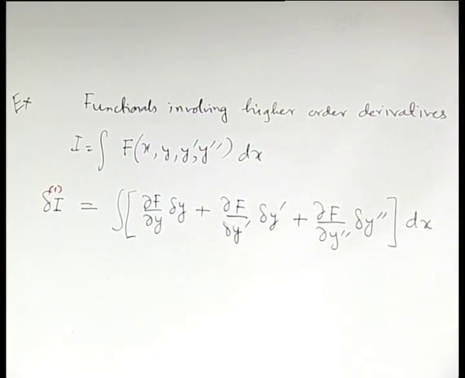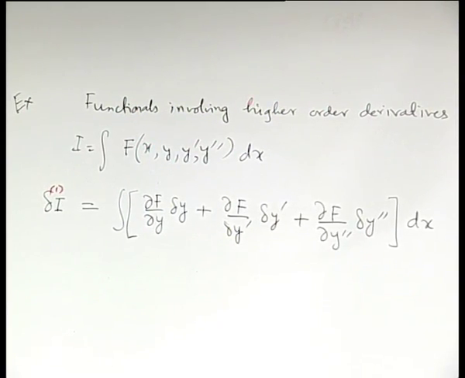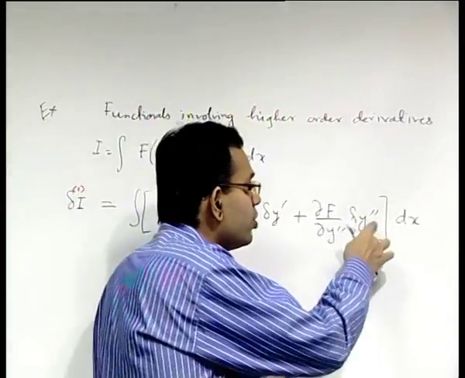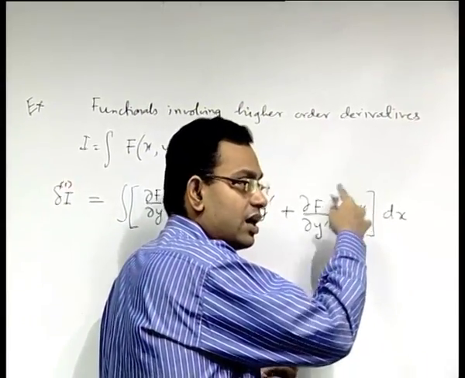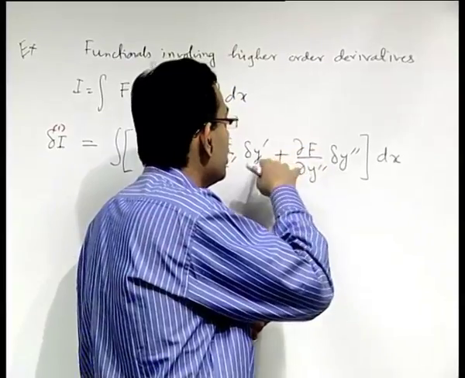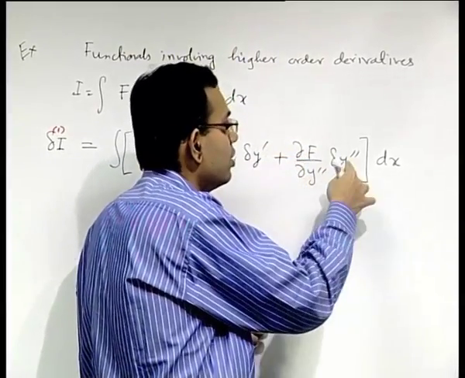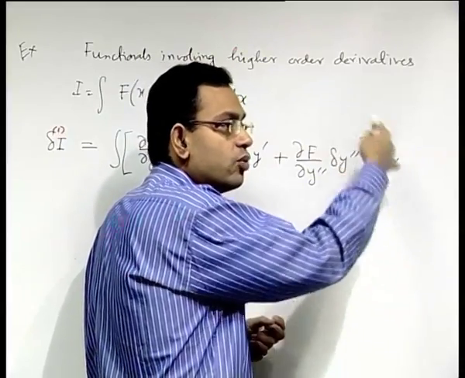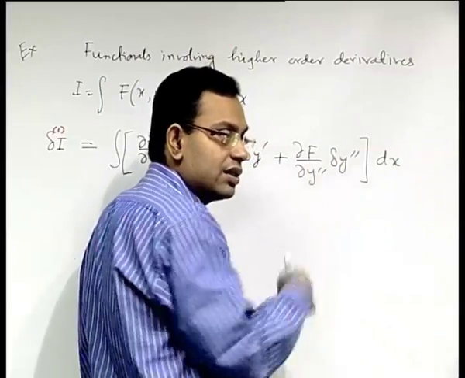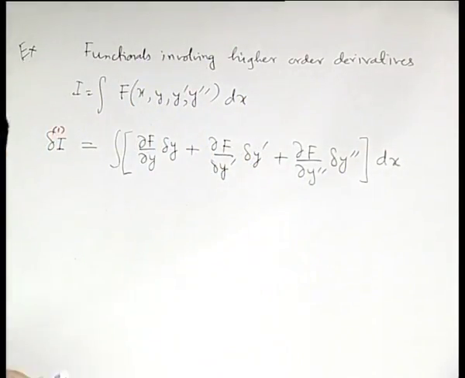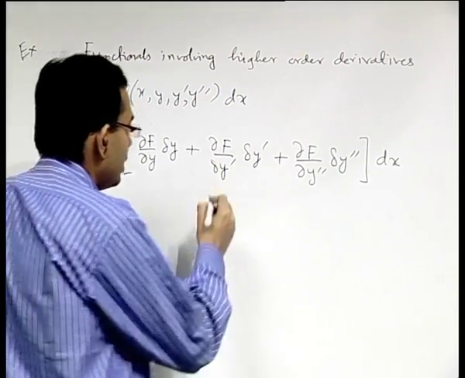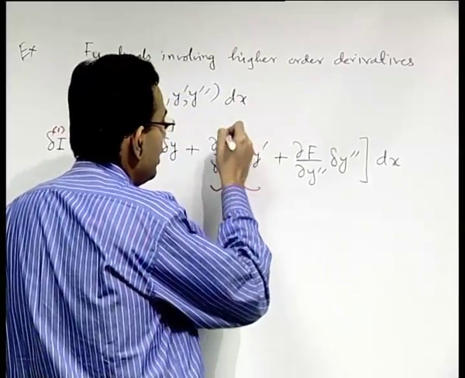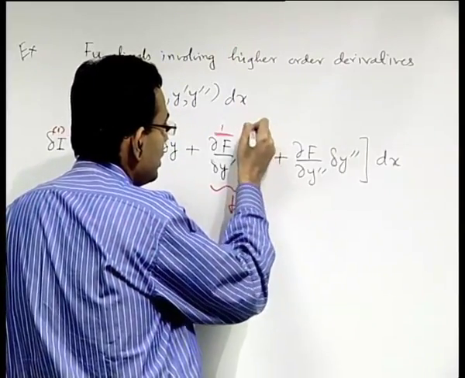Now, we will do exactly the same thing what we did while deriving the Euler-Lagrange equation. The policy will be reduce the order of the highest order derivative. So, you reduce y double prime to y prime, and not in one step, it can be reduced to y. So, y double prime to y single prime and then that to y. So, to do that let us consider this term. So, we will do integration by parts, as this is the first function, this is the second function.